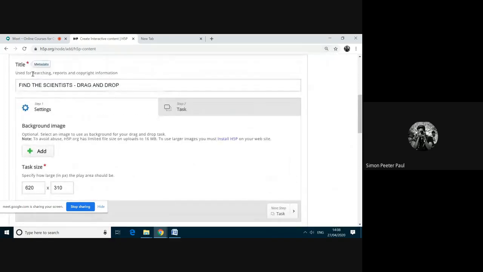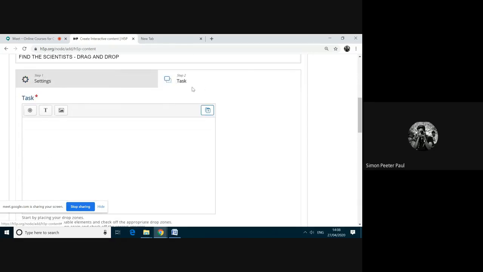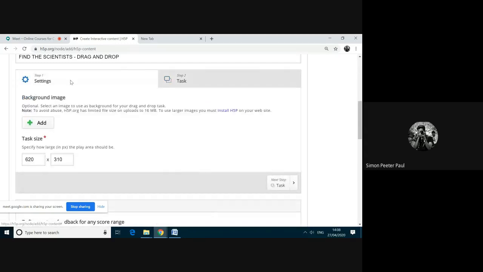Here I have given the title, and here there are two tabs. I have clicked step 1. Here there is another tab called task. In the task you will have this background, and you will have 3 buttons here. First, I am clicking on this settings. By default, it will be in the setting mode. Here in the setting mode, you need not change anything. You will learn this after completing round 1. In step 1 you need not change anything. Leave it as it is and move on to step 2.